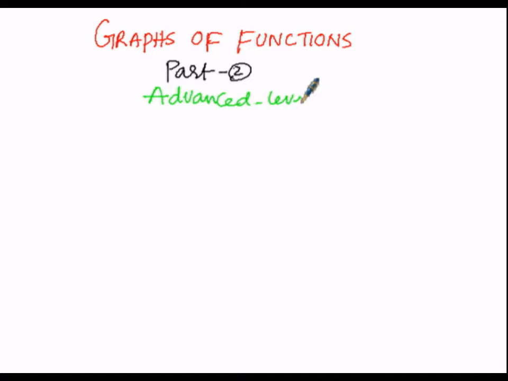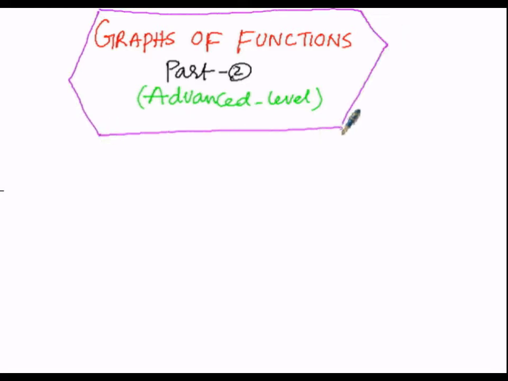So in this part 2 we are going to find out the zero of the function, where any point is represented by means of an ordered pair. Say a point (a, 0), where the x coordinate is a and the y coordinate is 0. Since the y coordinate is 0, it lies on the x axis. Then the x coordinate a is called the x intercept, or in other words it is nothing but the zero of that particular function.